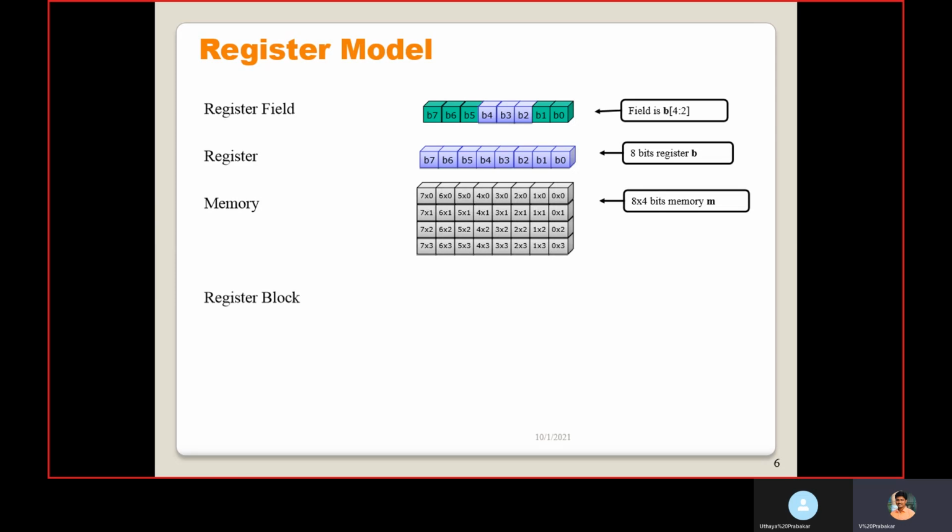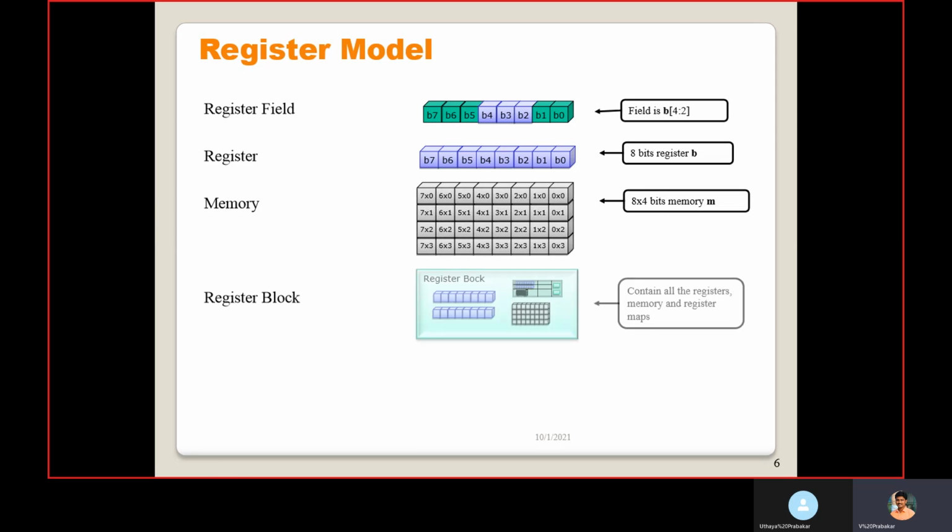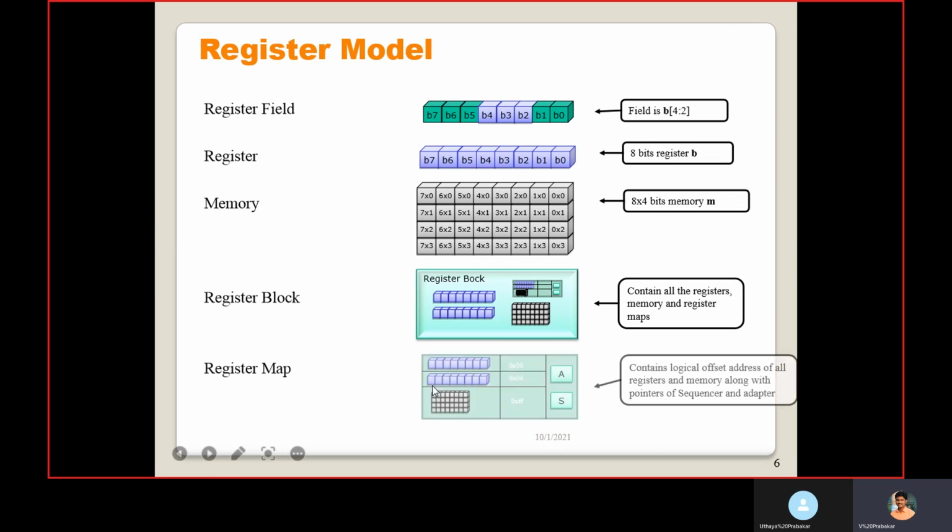The register block consists of these registers and the memory, then this address map. This address map consists of the offset addresses of the registers and memory, and then the adapter pointer or handle, and the sequencer pointer or handle.